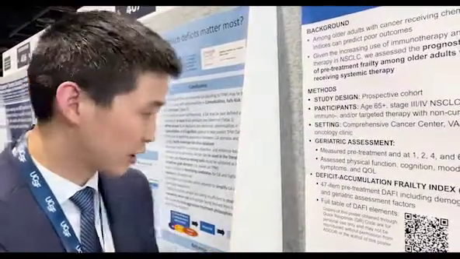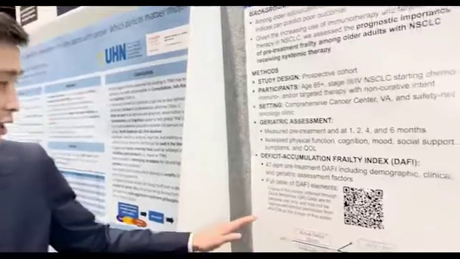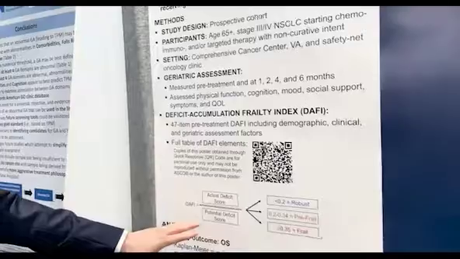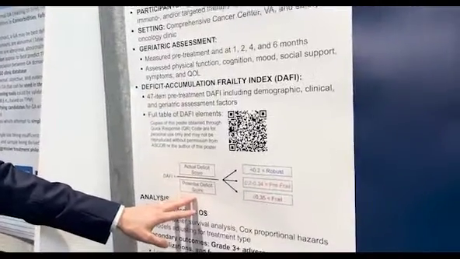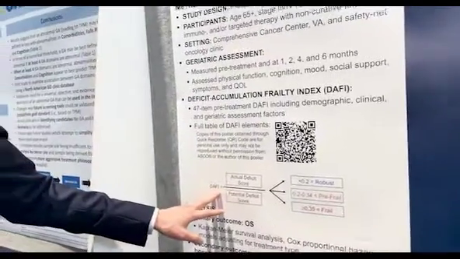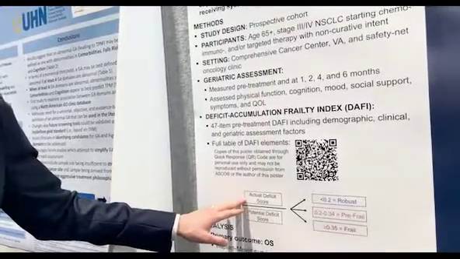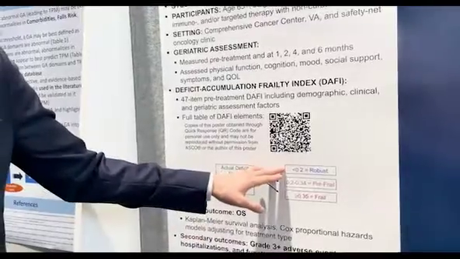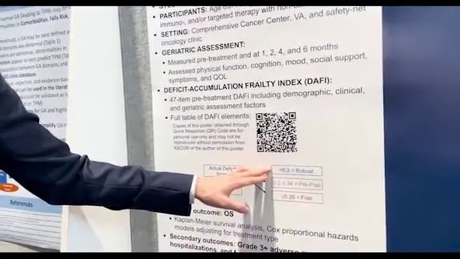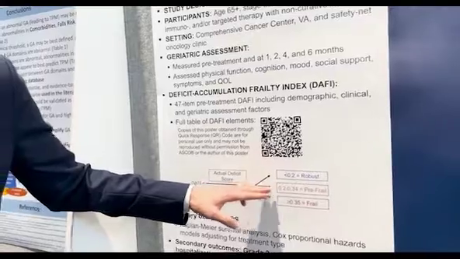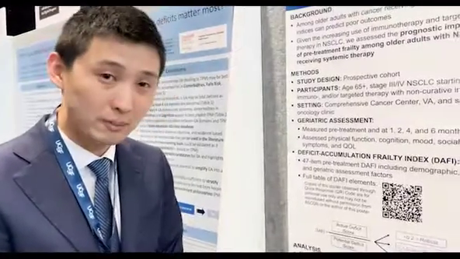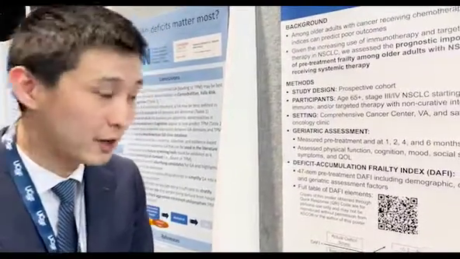And feeding that into this thing called a frailty index, which the way it's calculated is, for us, we had 47 items, 47 factors, like the ones I just mentioned. You can have a maximum of 47 in the denominator here, and the frailty index is essentially just how many of those risk factors do you have, the sum of those over that 47 total possible. And then if the fraction is less than 0.2, you're considered robust, and the worse you get, you're considered more and more frail. And so we were looking at, does that associate with how long patients live, and then also how much quality of life or functional decline they have over the course of their treatment.